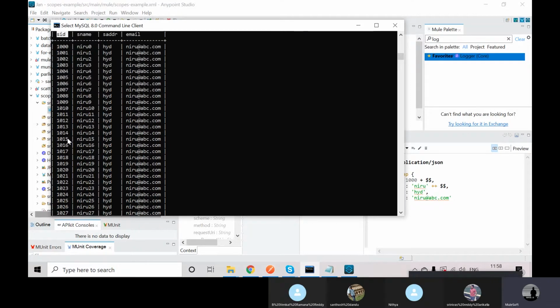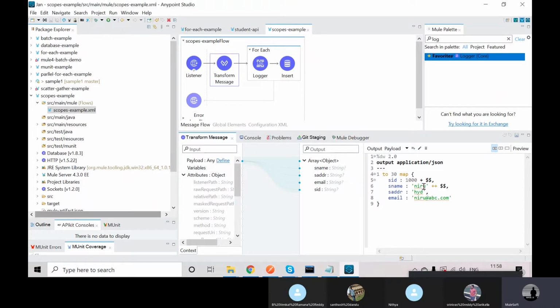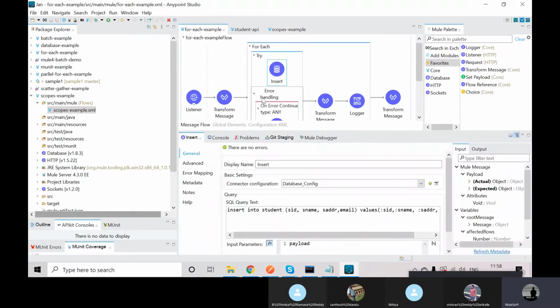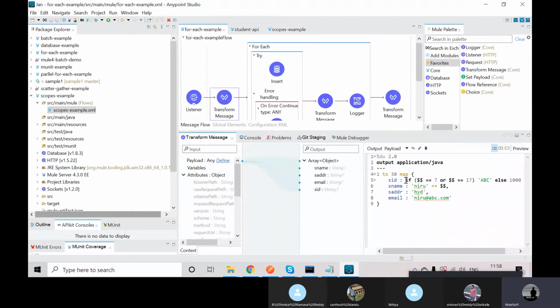Integer will not allow the string type. That's why if you pass any string value here, it will throw an error. How can I handle string values? I'll write some if else condition. I'll explain this condition as well, don't worry about that.